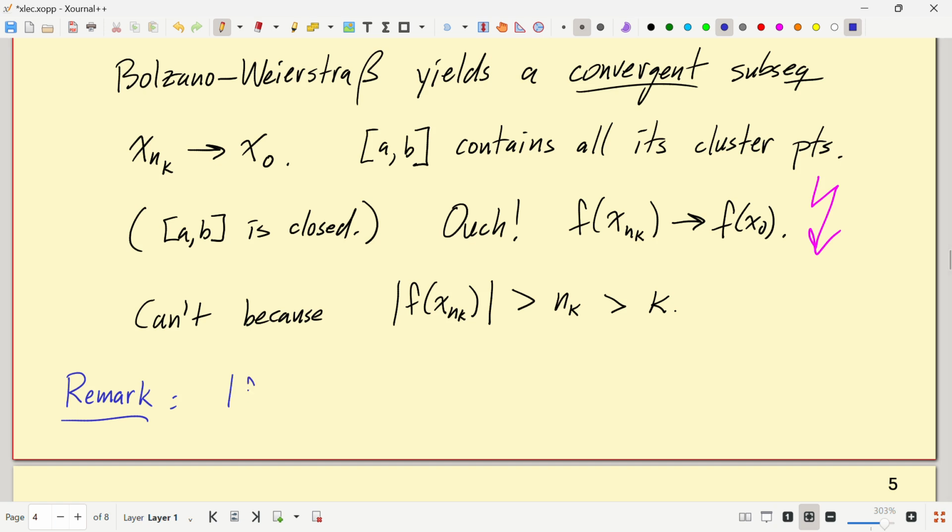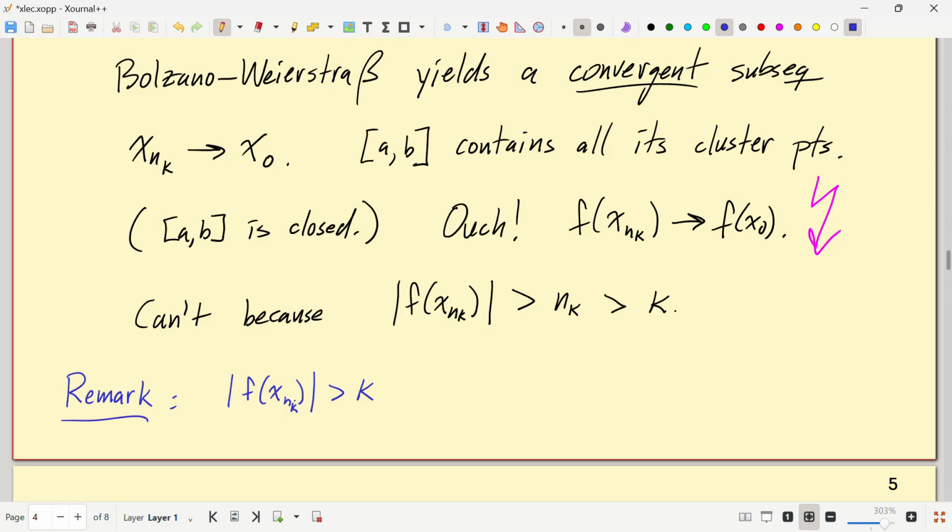We have the absolute value of f of x_nk bigger than k. I could take a further subsequence if I wanted to that either goes to plus infinity or minus infinity. So if you think about that,